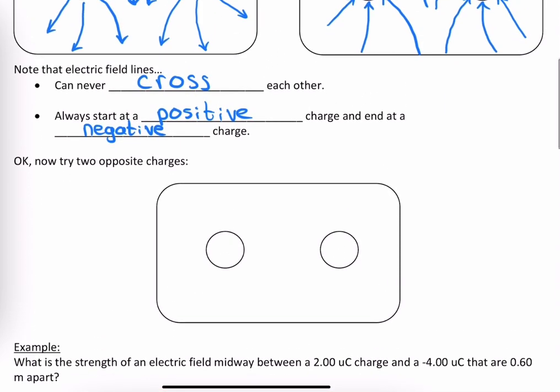Okay, let's try one that's a little trickier. Two charges with opposite polarity. So one positive and one negative. Again, it can be useful to think of this: electric field lines go in the direction the force would be on a positive charge. So let's just do some sketching for now. If I placed a positive charge over here in the middle,